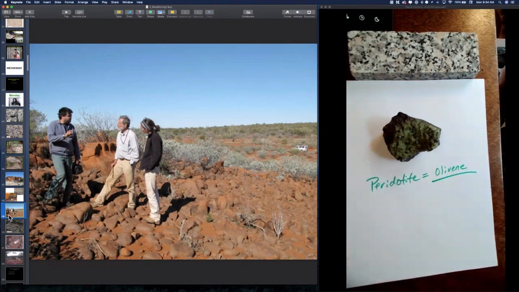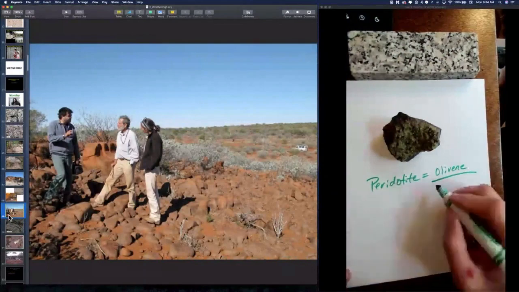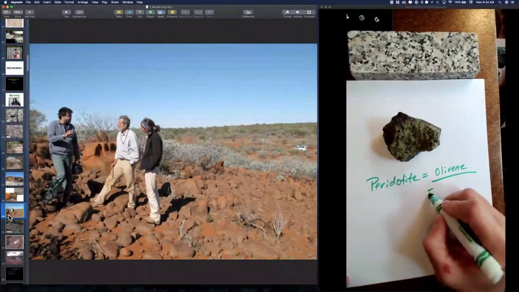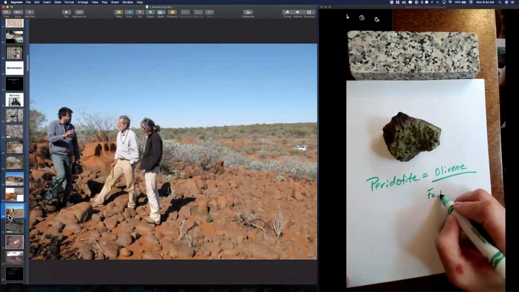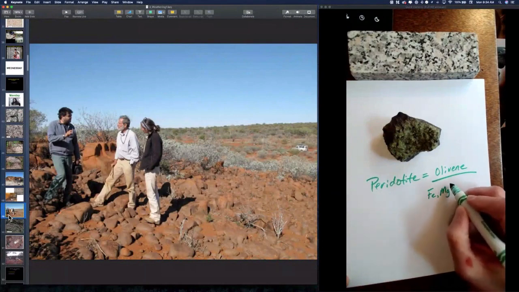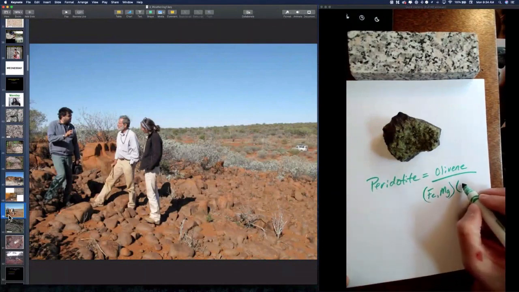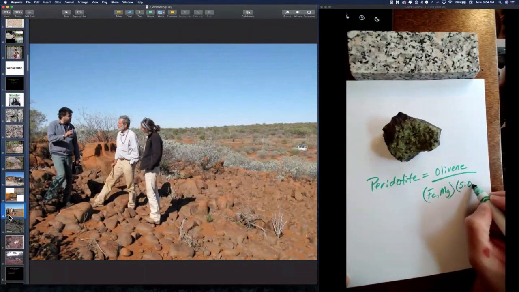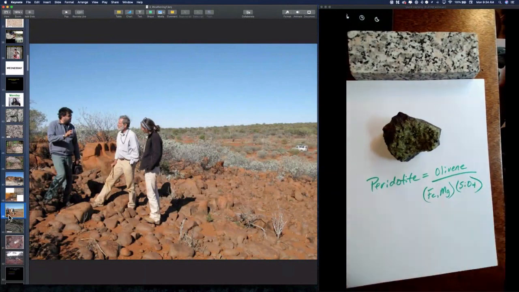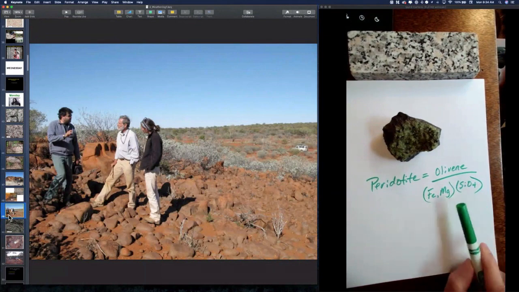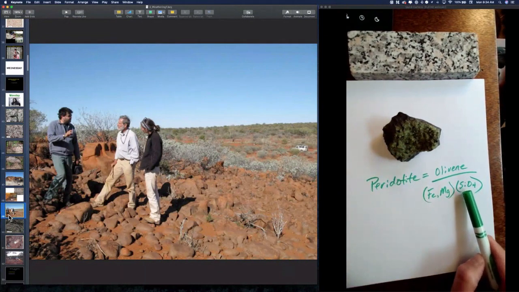Olivine is olive green, right? And I can't remember what's in it. I think it's iron, magnesium, no, aluminum, and silicon. So iron, magnesium, silicon. It's a pretty simple composition, and the key thing here with this mineral, this green, beautiful mineral, is these little